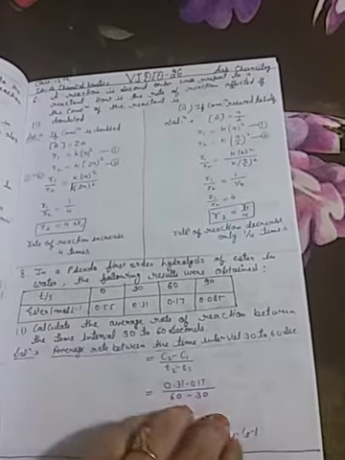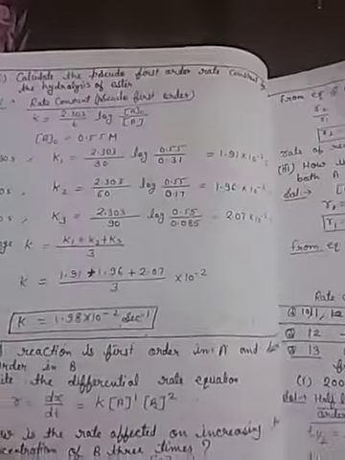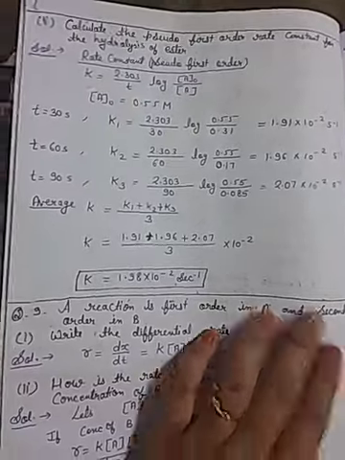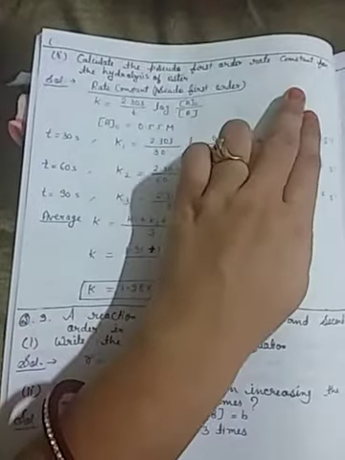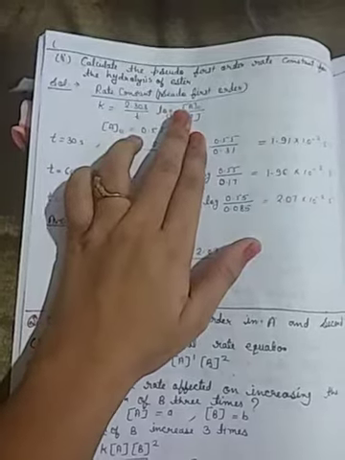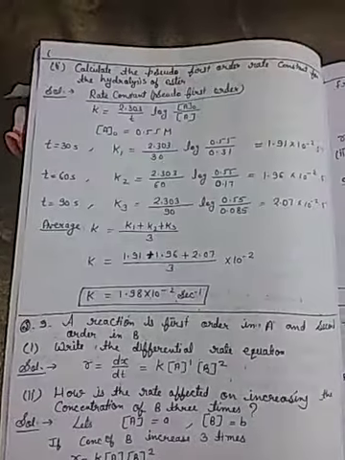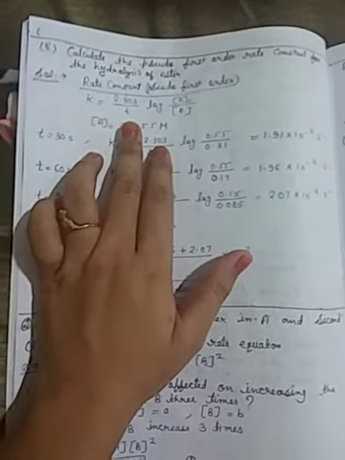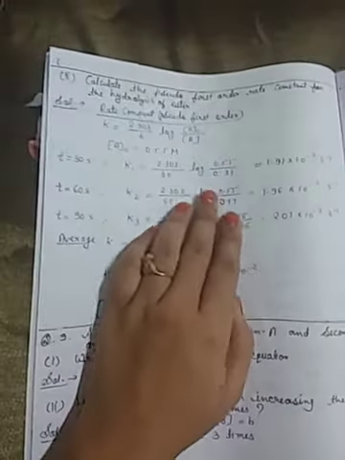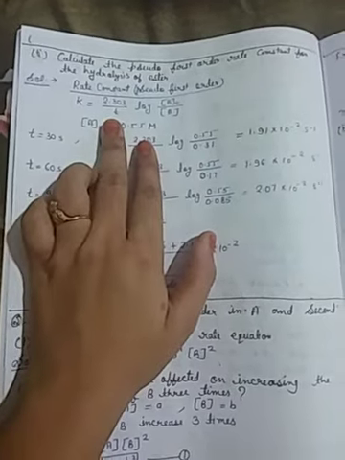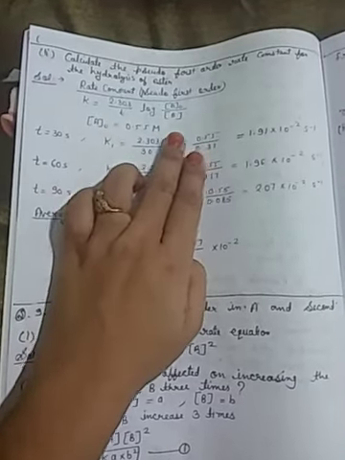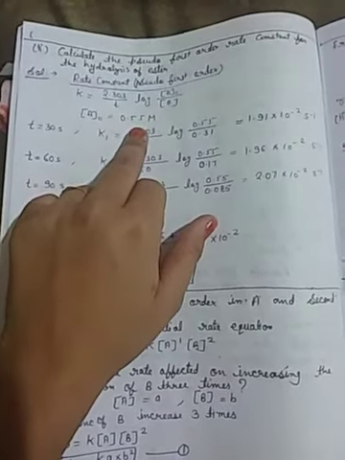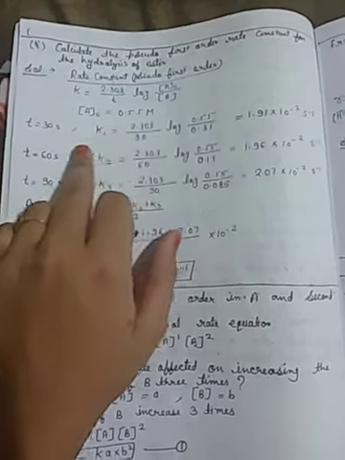Then the second part of this question. Calculate the pseudo first order rate constant for the hydrolysis of ester. The rate constant formula of pseudo first order reactions is similar: K is equal to 2.303 upon T log A naught upon A. A naught, that means the initial concentration, is also given in the table, 0.55 M. So find it